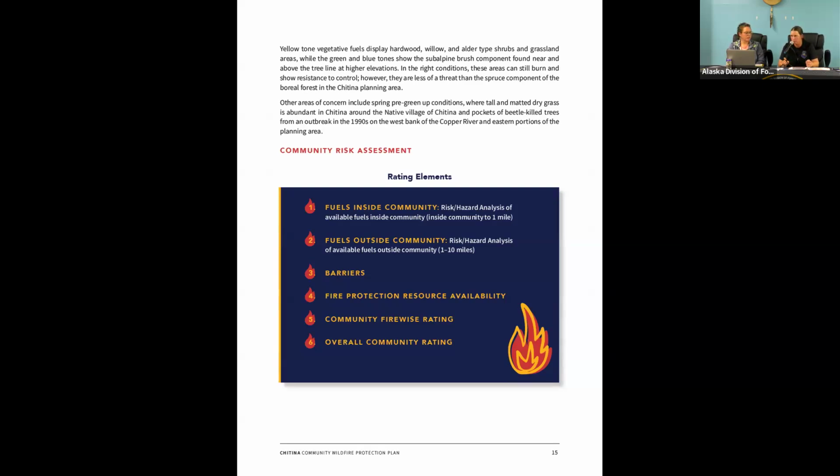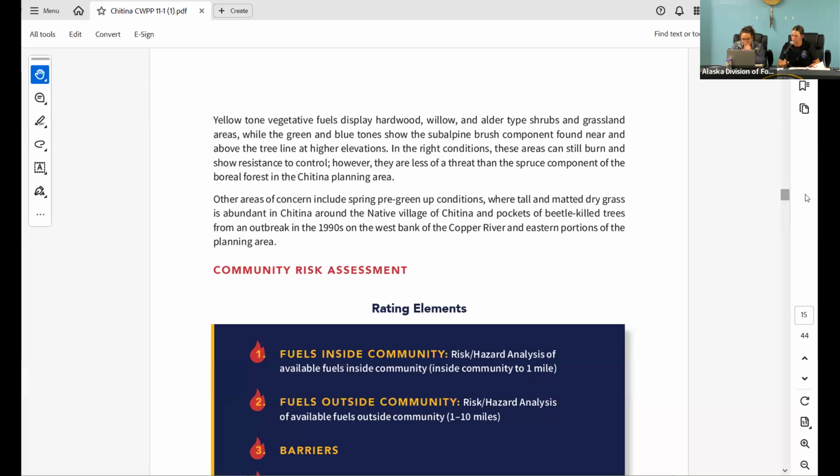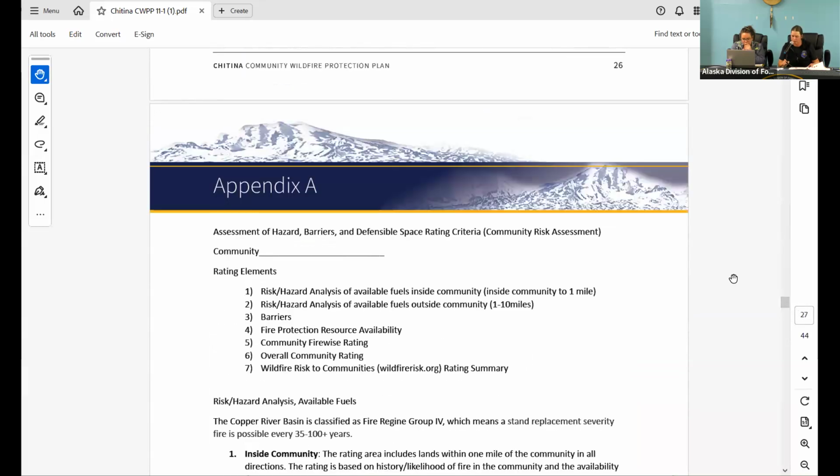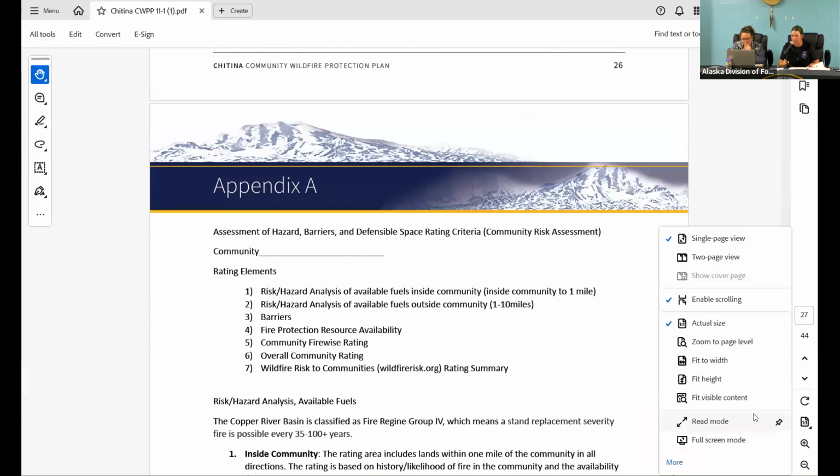So I am going to reference another section of the CWPP. It's Appendix A, which basically gives the criteria for these elements. That's on page 27. The first two elements were the fuels within the community and then up to 10 miles outside of the community.